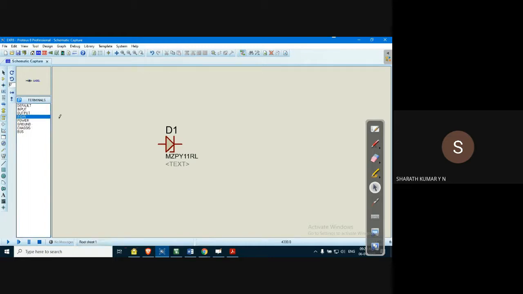You can select this and place it somewhere here. You have the ground also. Click on this, move the mouse, and place it anywhere you like on the workspace. Chassis and bus, all this is possible.